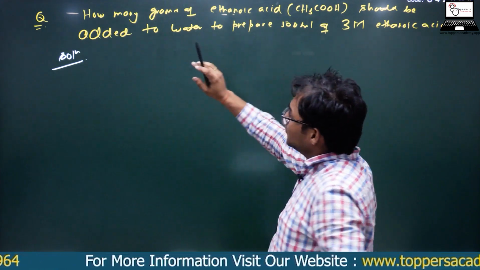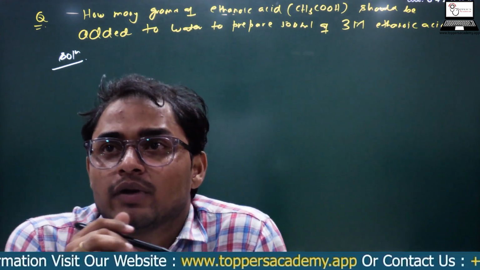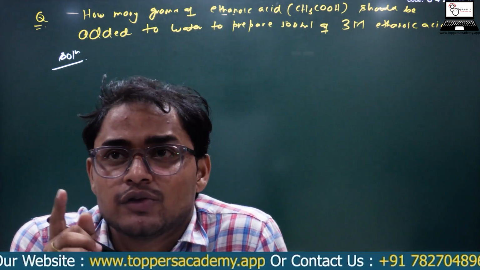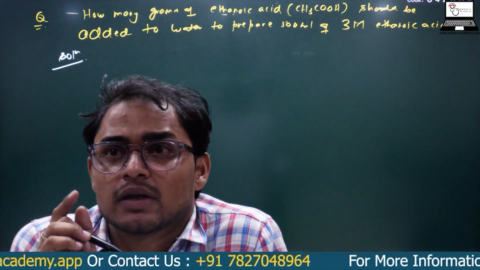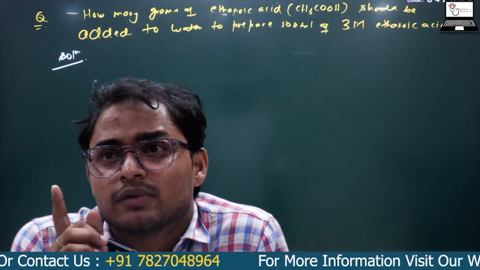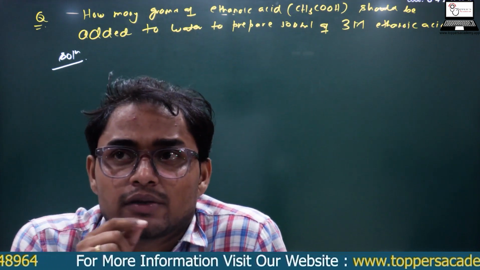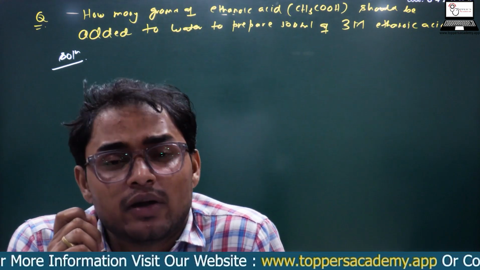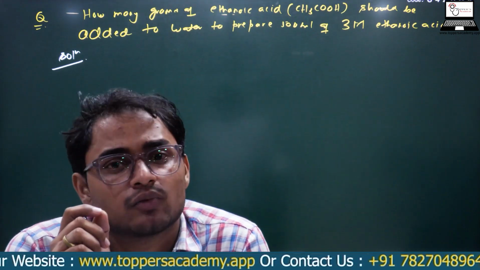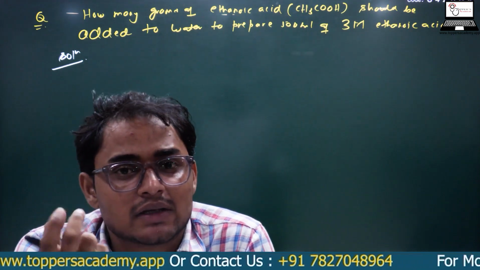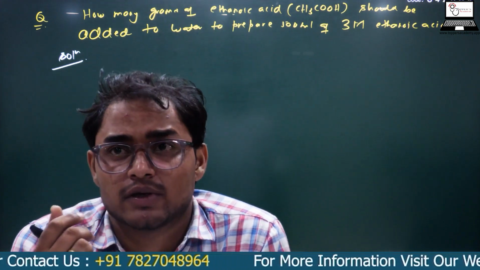The question is that we want to prepare 500 ml of a solution of ethanoic acid, and the molarity of that solution should be 3 capital M. That means if I take 1 liter of that solution, it should contain 3 mole of ethanoic acid. This is molarity, 3 mole per liter, and I want to prepare 500 ml of such solution, taking acetic acid or ethanoic acid as solute, right? So see,